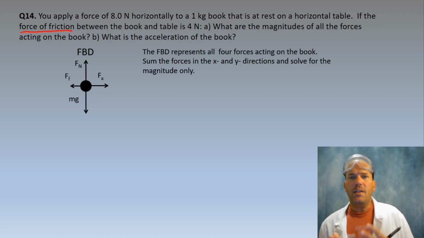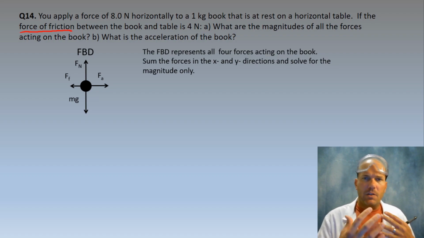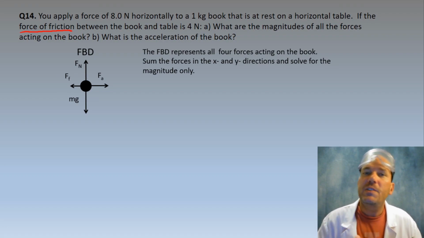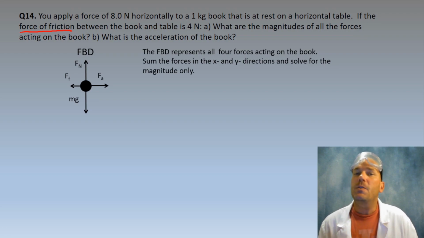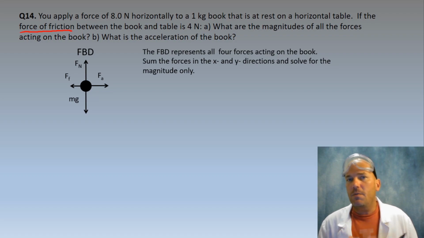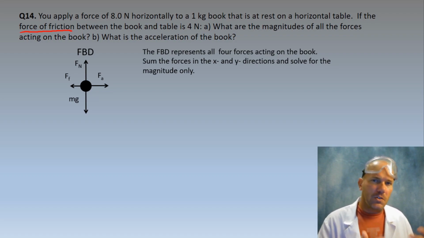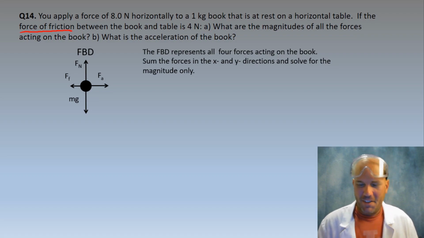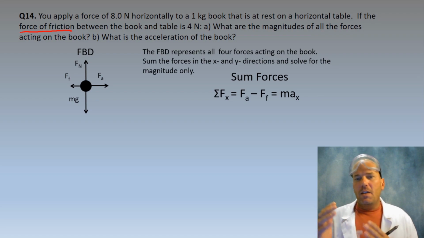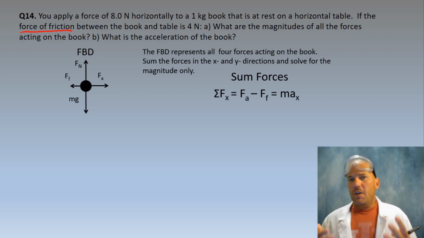left. Now, we're assuming this book, there is a net force horizontally, and that the force applied will result in an acceleration to the right. So on your free body diagram, you can see here that the force applied is greater in magnitude than the opposing force or the force of friction. All right. So if we look at the forces acting in the x direction, we have, and we call